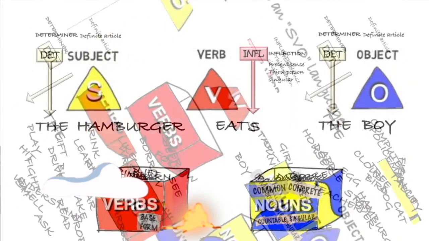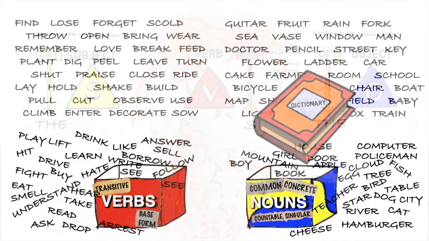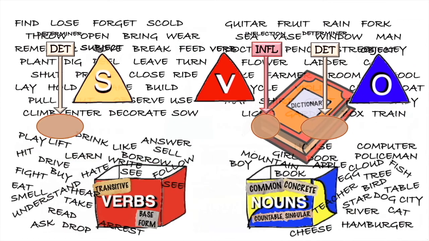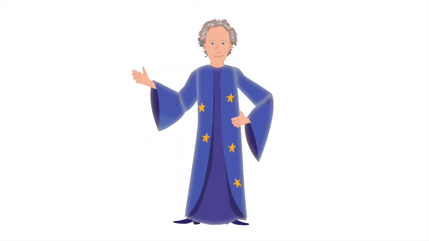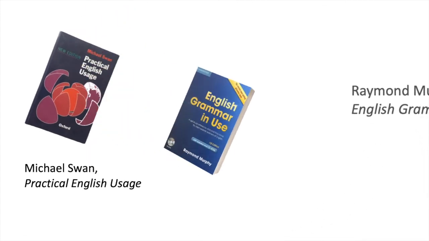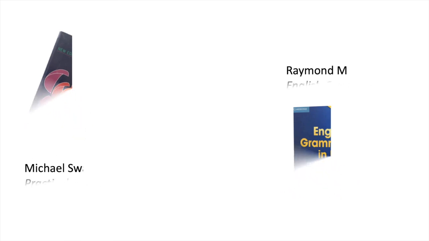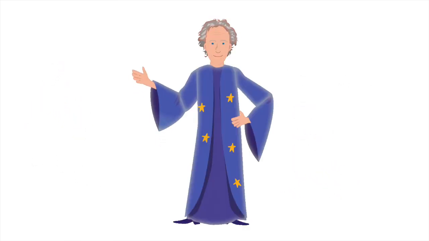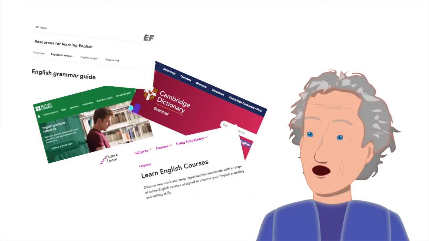That's most of the basic information you need in order to use the present simple. It's not everything, and anyway, transformational grammar by itself isn't enough. You'll need to back up what I've told you with information from standard grammar books and websites. Here are one or two I recommend. These are useful books, full of good, clear information about how to use the language. And as for websites, well, there are so many I can't count them. Here are a few.